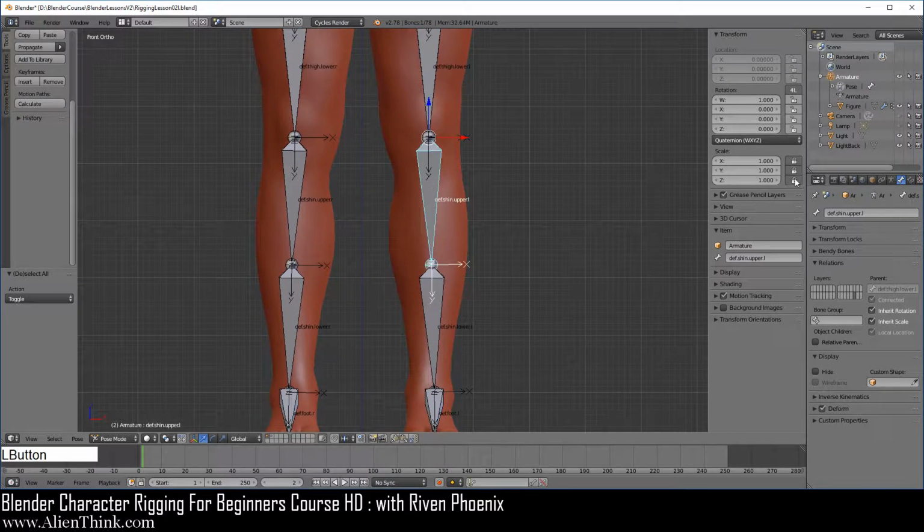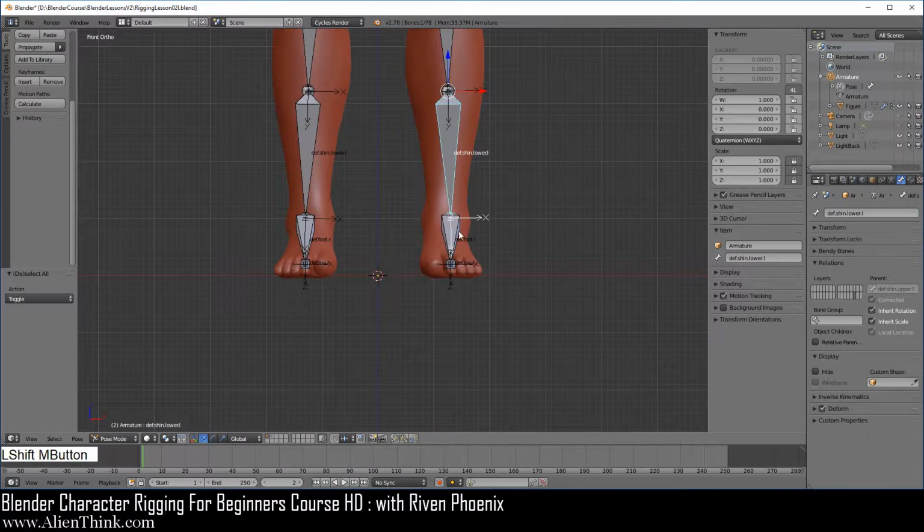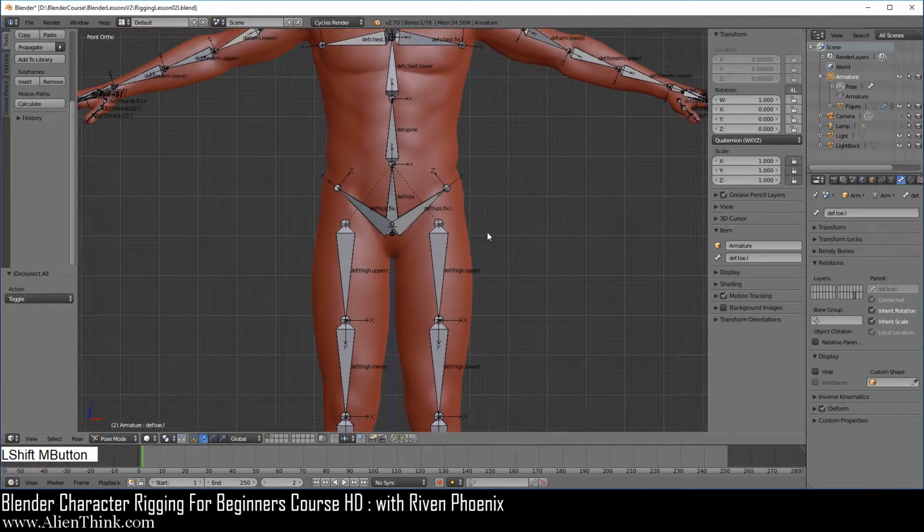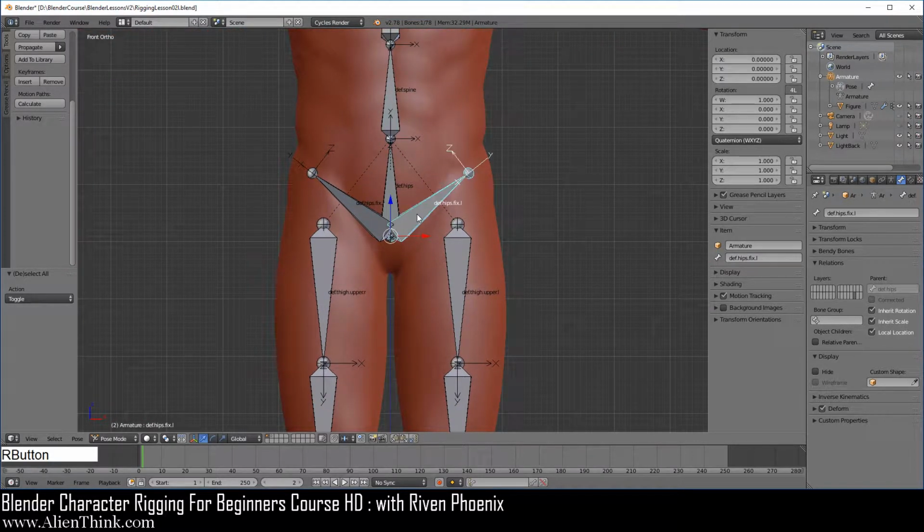Click on this one, lock down the scale, and over here, click on the toe and lock down the scale. So all these bones have been locked. Now this is a fixed bone. We don't want to actually mess around with this bone. So over here we're actually going to lock the location, go ahead and lock the rotations and the scale.